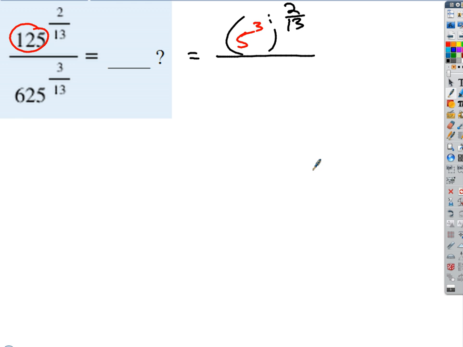So then this 625, we can write as 5 to the 4th, to the 3/13. Okay, and so how could we simplify the whole numerator then? Well, if I have a power to a power, how do I simplify that? Multiply it. Good. So on the top, we get